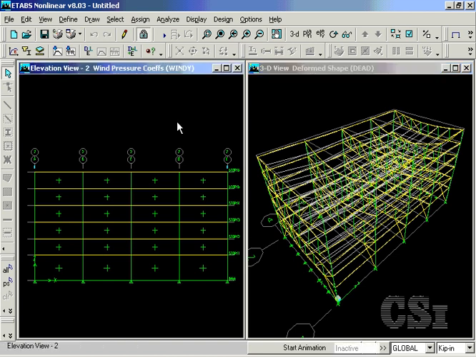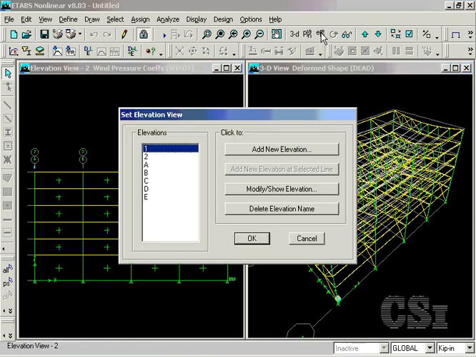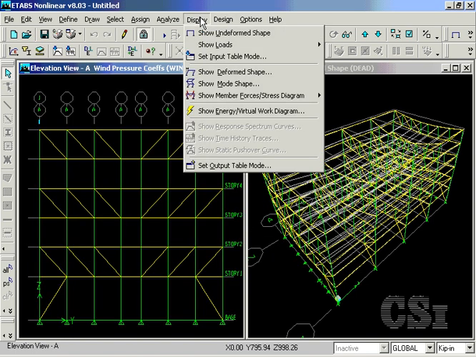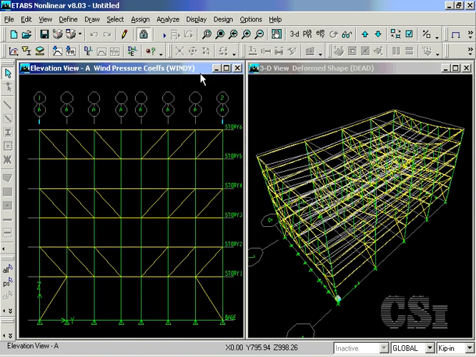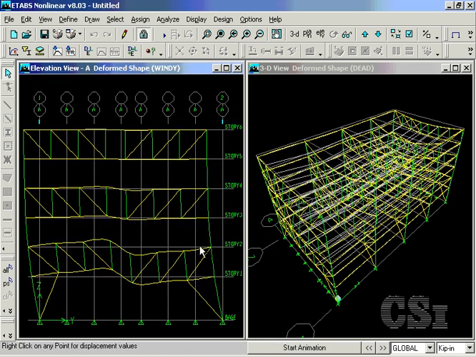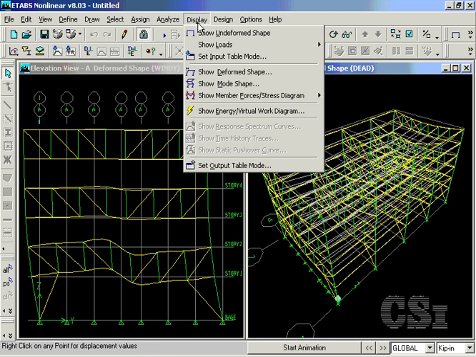Now that the analysis is complete, switch the elevation to View A and display a deformed shape for the wind load case. Note that the majority of the deformation appears to be concentrated in the Vierendeel panel. Switch the 3D view to undeformed